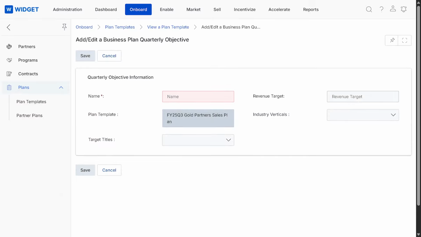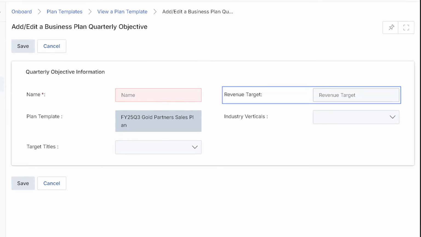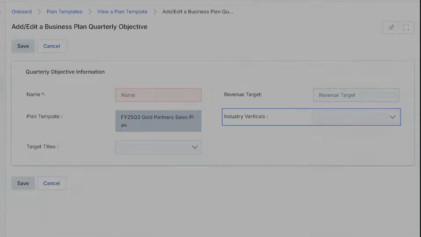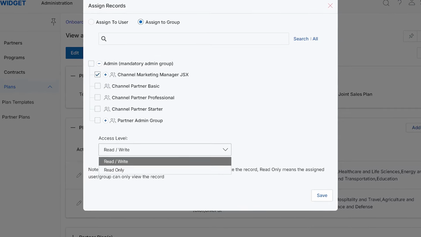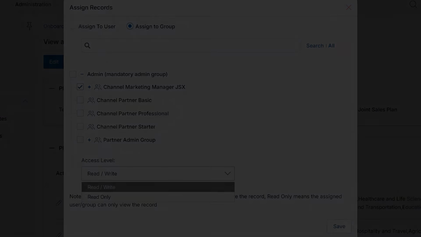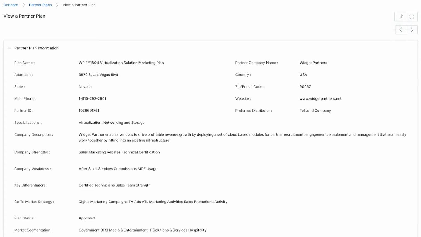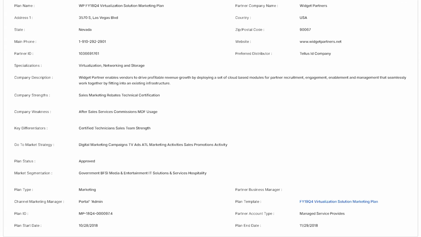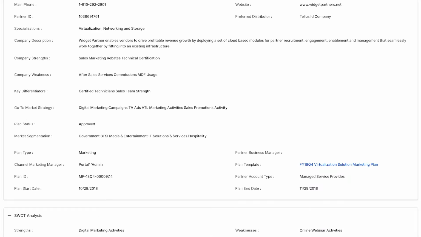Each template includes measurable objectives, like revenue targets that are mapped to target buyer titles and industry verticals. Using Assign To, admins control which partners or groups can access the template, ensuring the right framework reaches the right audience. Partners open the assigned template and build a structured business plan, including company profile, market segmentation, strengths, weaknesses, differentiators,